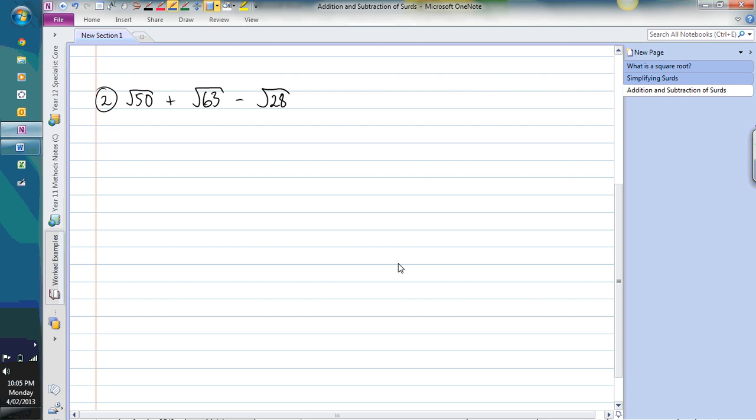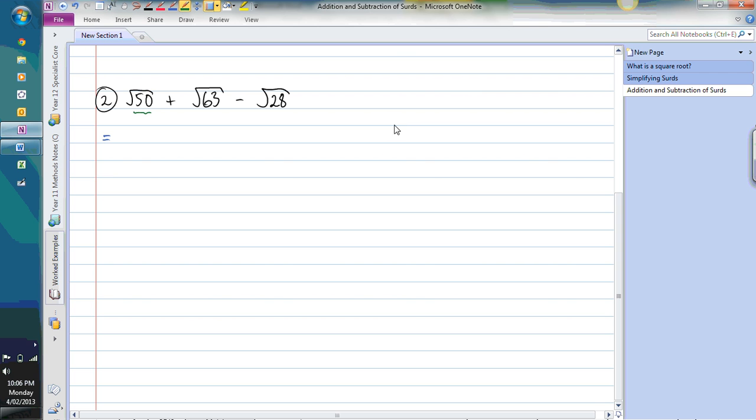For our second example, we've got a slightly more difficult problem. Here we've got the square root of 50 plus the square root of 63 minus the square root of 28. And just like before, we're going to look at each individual surd, simplify it down as far as possible, and then gather like terms together. So let's look at our first one,